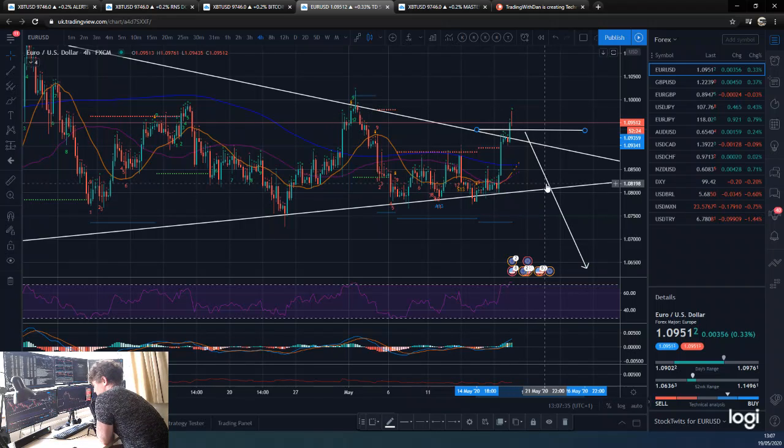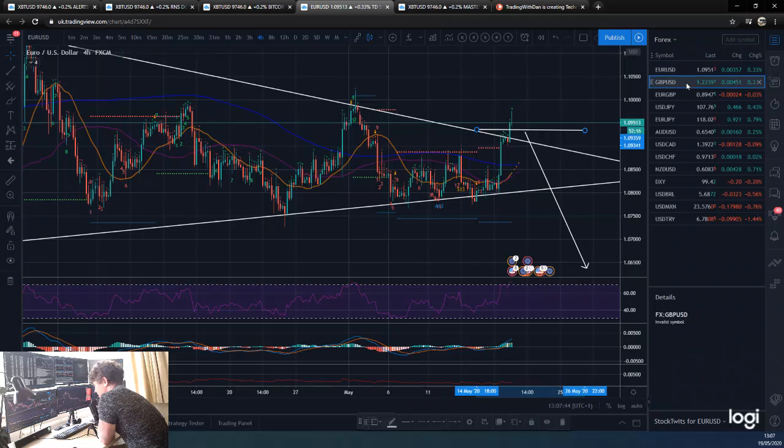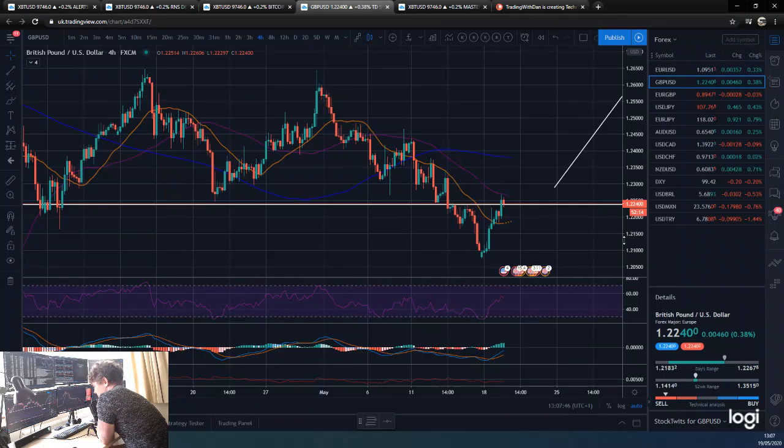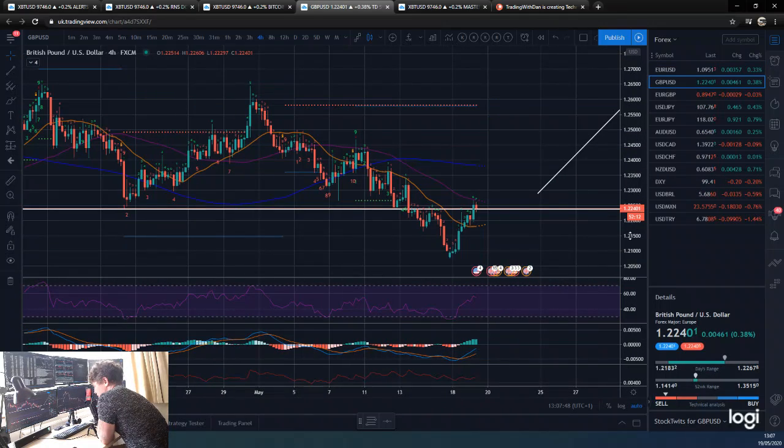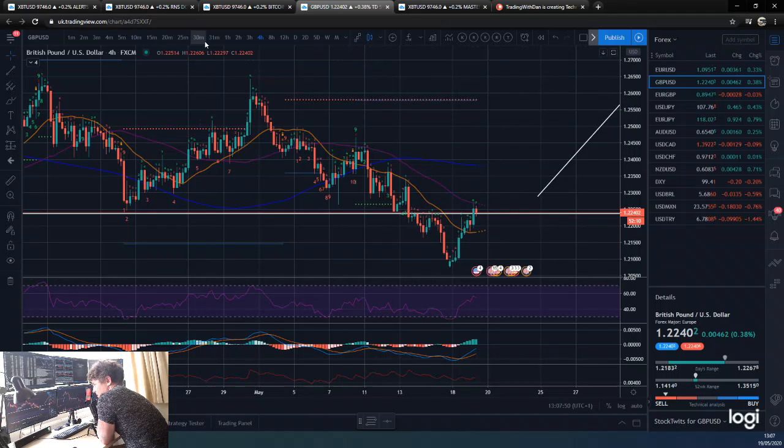So now we've rallied back to the top, so I think that basically blows out a lot of those, covers a lot of those shorts, and now new shorts can re-enter and we can go down. That's what I think. Right, also we have this buy we were talking about in the British pound in cable